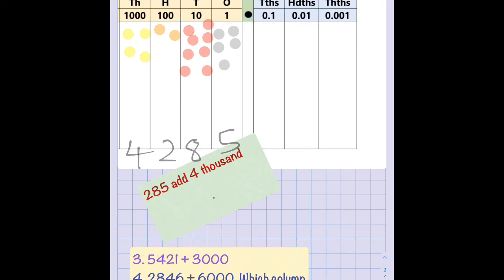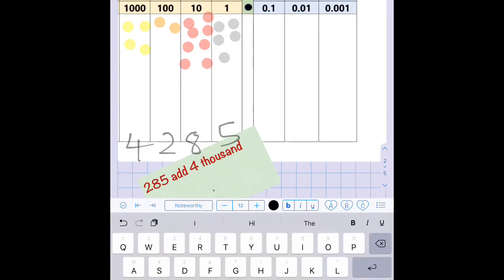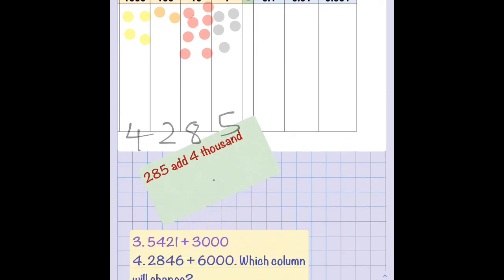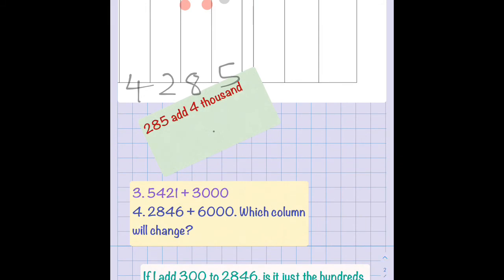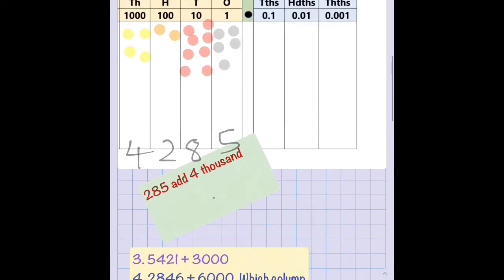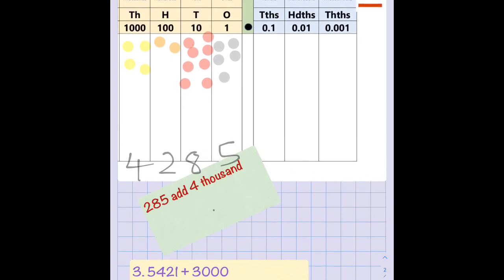So question 4, 2,846, add 6,000. Which column will change? So have a think about this. Which column do you think is going to change? Is it the ones? Is it the tens? Is it the hundreds or the thousands? So let's have a think about this. What can we do to help us to work this out? Okay, so we can make the number